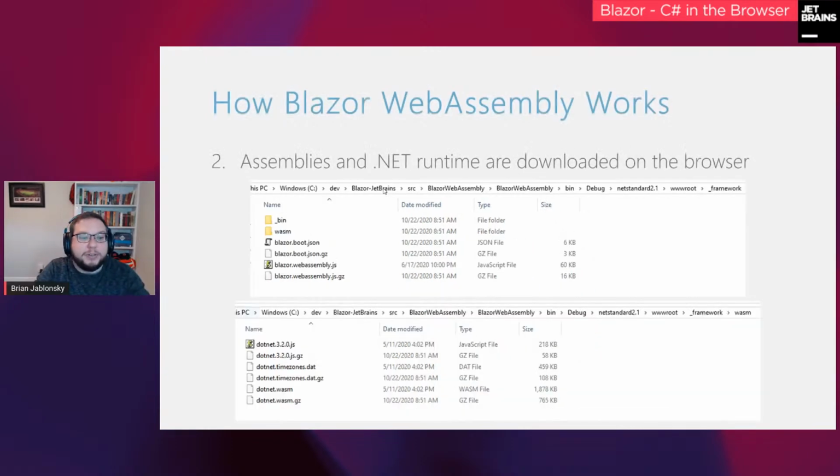Digging a little deeper, when you look into the wwwroot, you can see they give you this Blazor WebAssembly.js, which is what's being called by the index.html page. We'll look at that in a second in an example of Blazor WebAssembly.